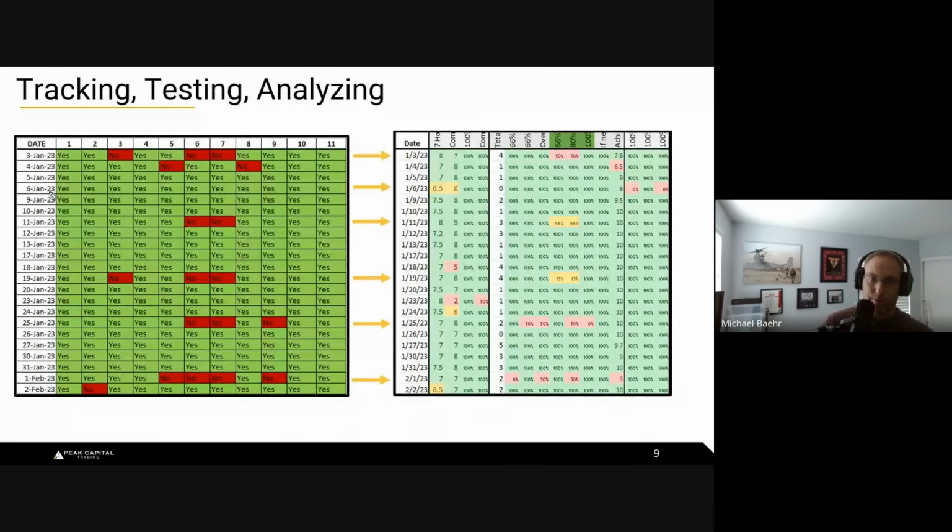If, for example, let's look at January 6th, right? If I'm following all my trading rules and instead of having all this green, I have this, that's wrong, right? If I'm following my trading rules, I should be able to execute my trading plan. Now, is it always going to be that way? No, sometimes you're going to have stuff that's off here and there, but you shouldn't have, hey, I followed everything